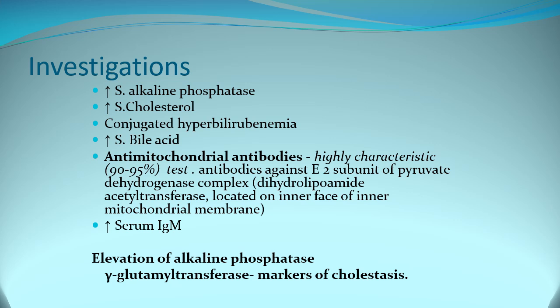What investigation would you like to do? There is hepatic or bile duct injury and obstruction. When there is ductal injury or cholestasis, there is elevation of alkaline phosphatase and gamma glutamyl transferase, gamma GT. So alkaline phosphatase and gamma GT are the markers for cholestasis. In this way, there is increased serum alkaline phosphatase, increased serum cholesterol,